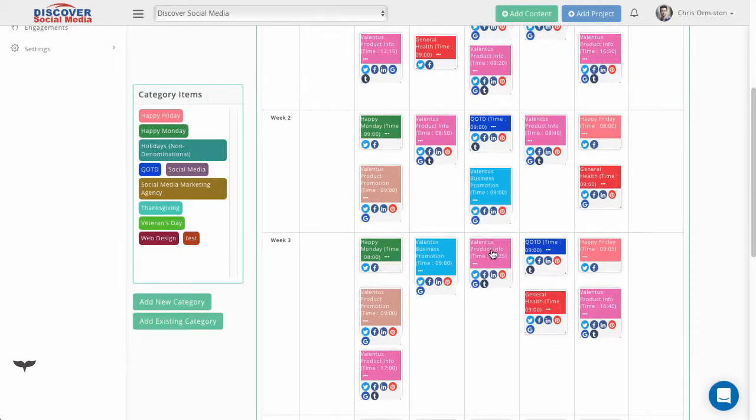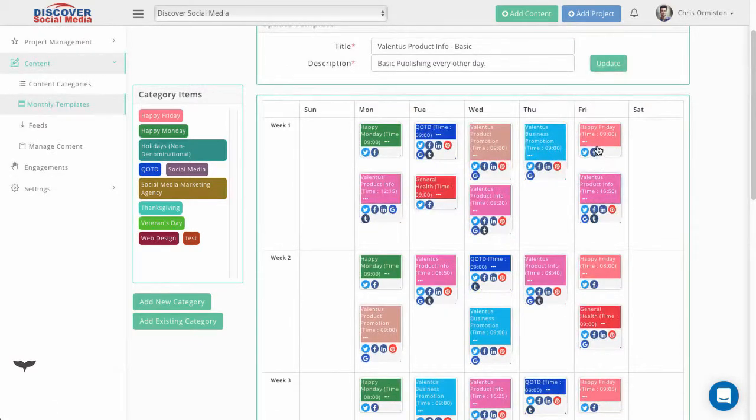In addition to that, you're going to see that we have a Happy Monday and sometimes a Happy Friday as well. You can see over here that the Happy Friday is in pink and the Happy Monday is in green. And those are engagement level posts, like, hey, welcome to a new week. What is one thing that you set as a goal for this week to accomplish?